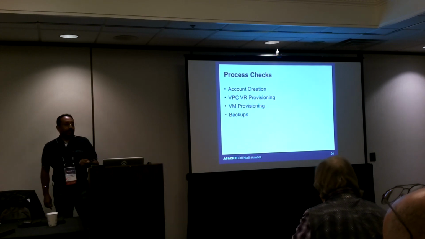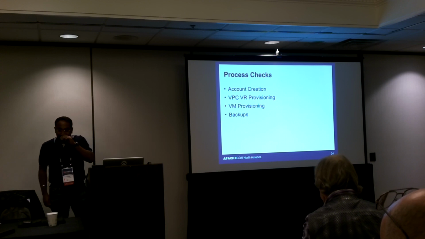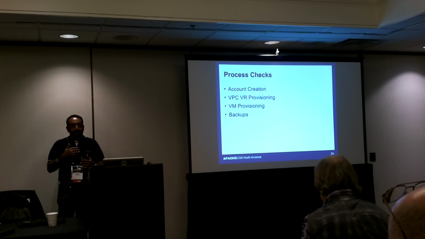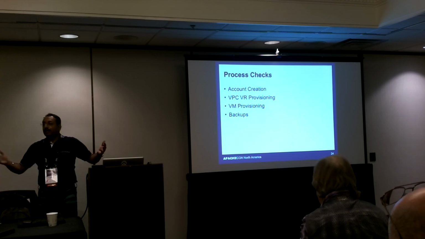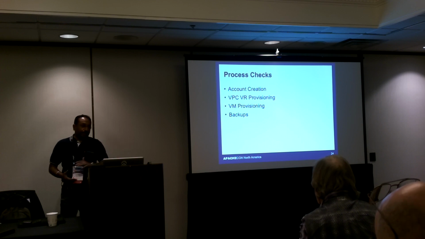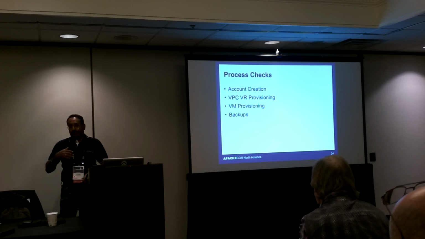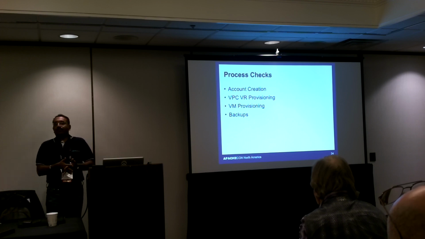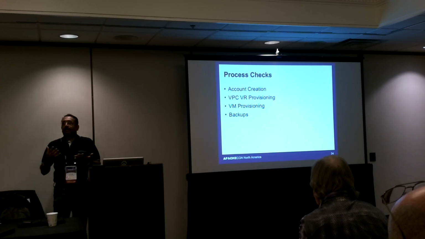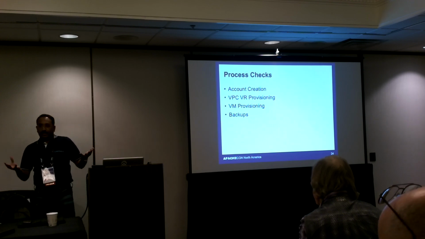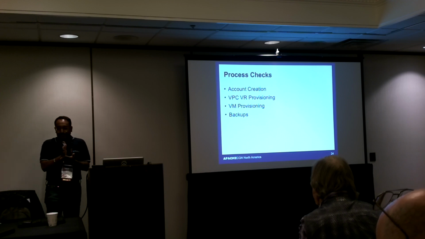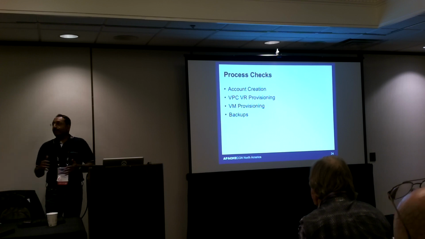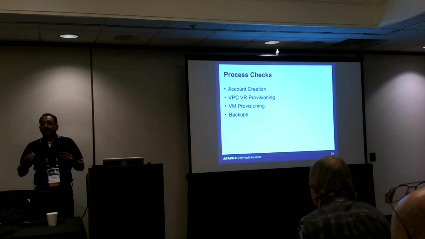Then coming to process metrics. We have more or less covered the installation part. Now we are trying to see how things are when they are running. Typically we'd like to do this maybe once in 6 hours, where we create an account, create a VPC and a VR, provision a VM inside that, create tiers, check whether it's running, and then destroy the same. So basically this takes care of more or less the complete flow that any typical use case will